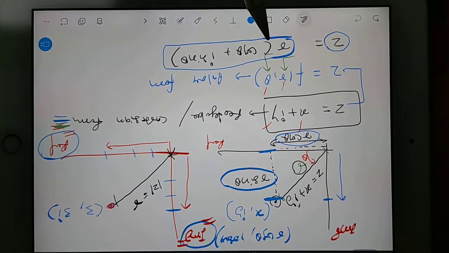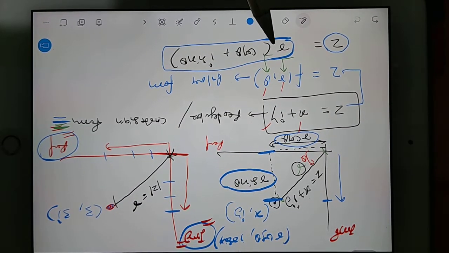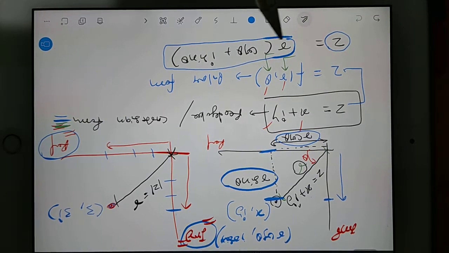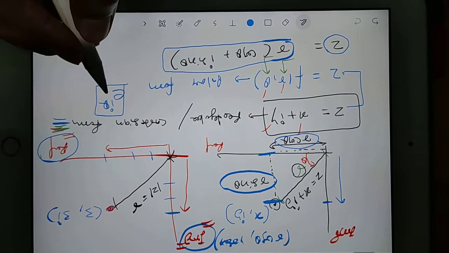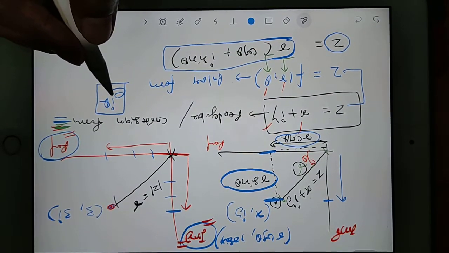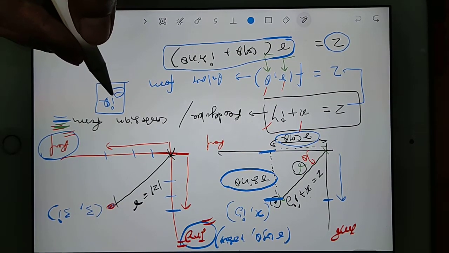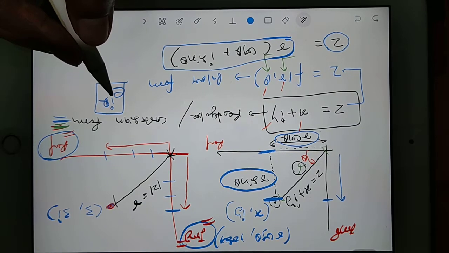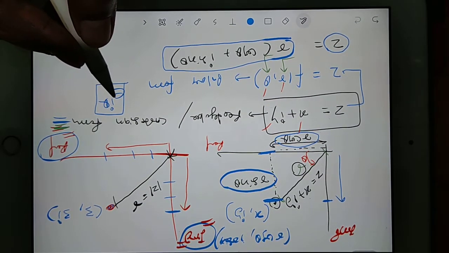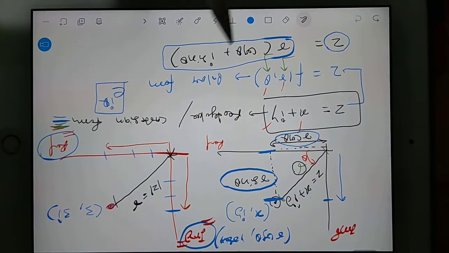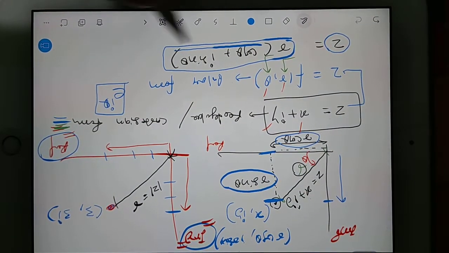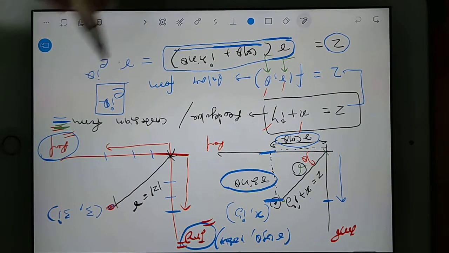Now one more small change is there. That small change you can guess. e power i theta has a formula. This is e power i theta. Can someone recall what the e power i theta formula is? Anyone? Can anyone recall the e power i theta formula? Just give it a try. Okay, yes, you're right. So I can replace this total as r e power i theta, right?